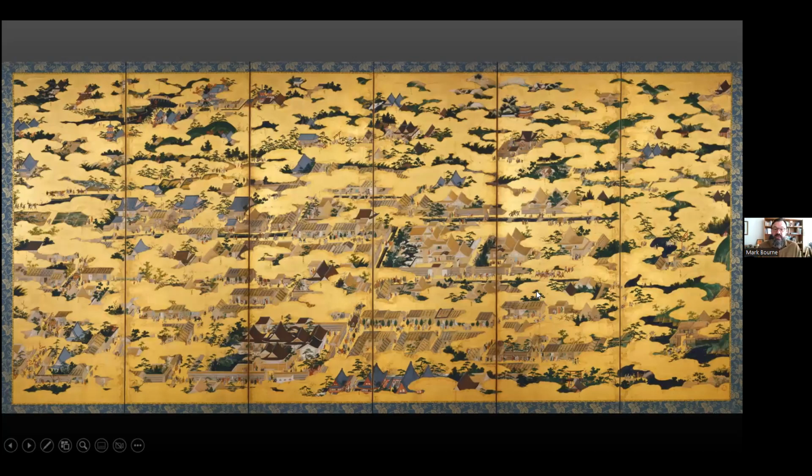So this is the other side of the screen. This is the west side of Kyoto, the capital, right? And so Arashiyama, this is Tenryuji. Here's the garden of Tenryuji back in here. Here's the Togetsukyo, this famous bridge, if you ever visit. And then we can look at these, right? And as a garden historian, these things are really interesting because you can look at these and see this layout of gardens, this entry court here. And so these become the sources then, right? Much more than books that are going to explain these things,